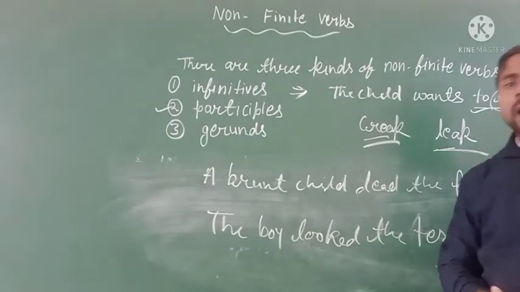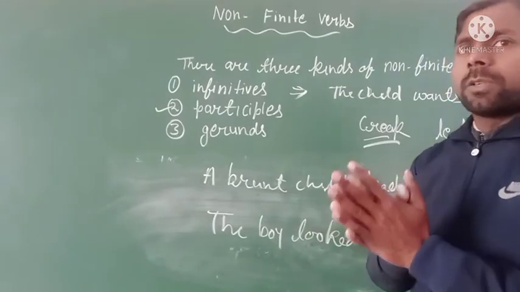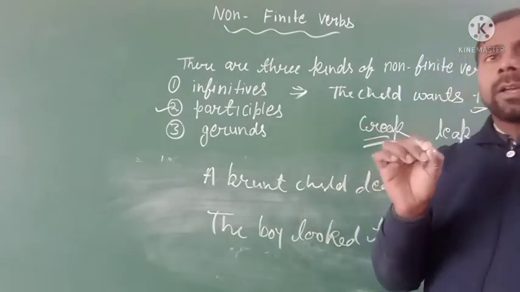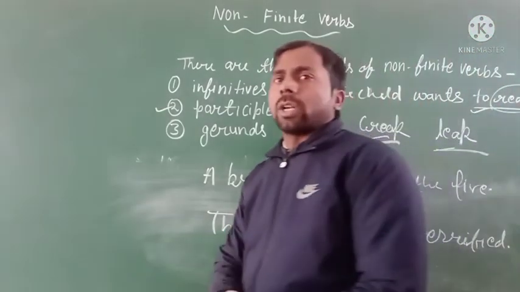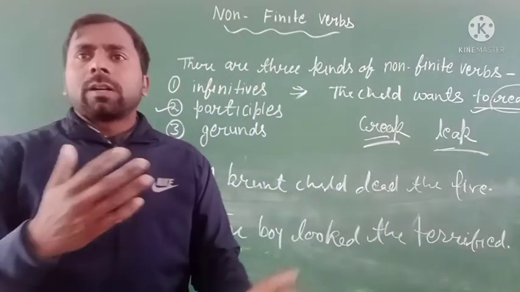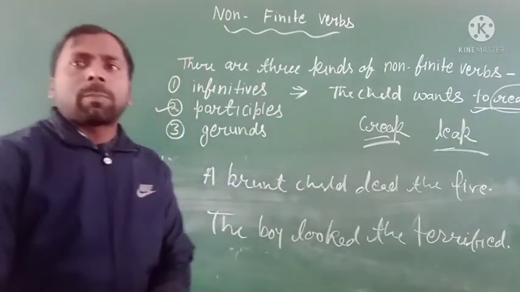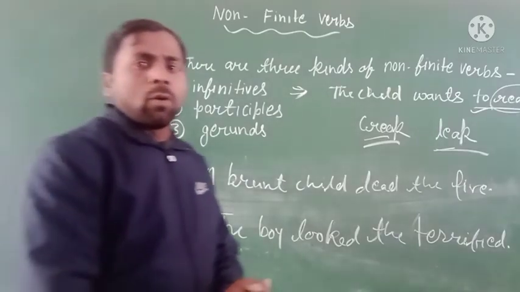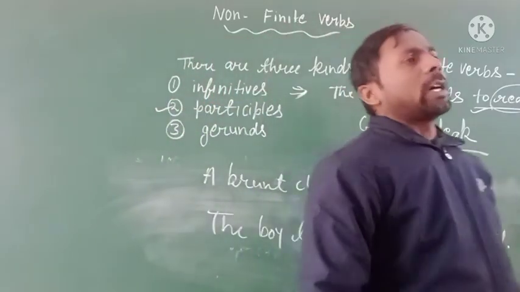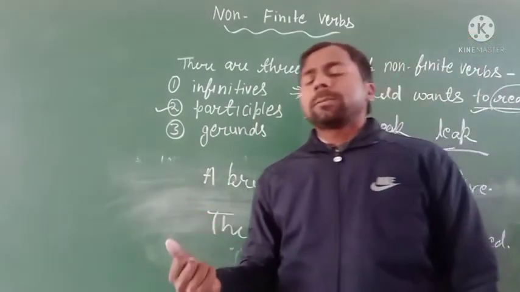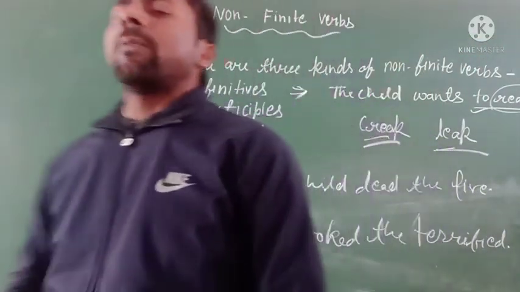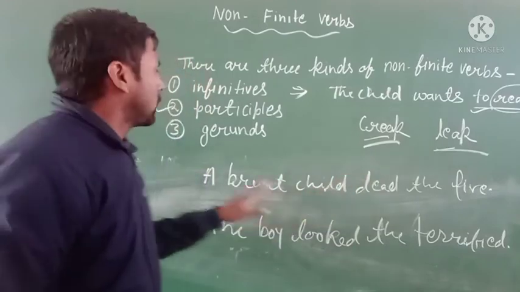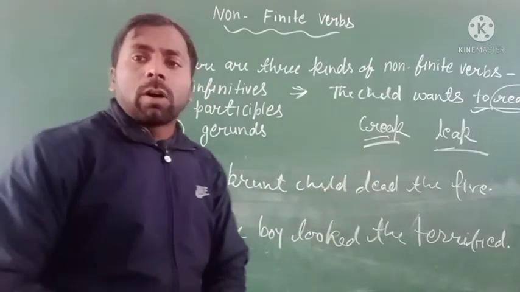So I think one thing is very important, that is to talk about an earlier action, like seeing the tiger, dejected by the failures, etc., which are some of the participle words. So I hope you all understand about the participle. I will explain its third form, the gerund form, in the third video.